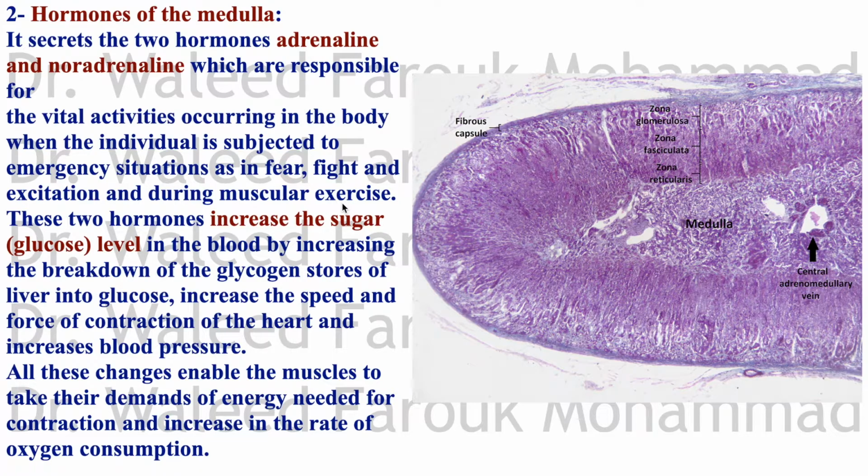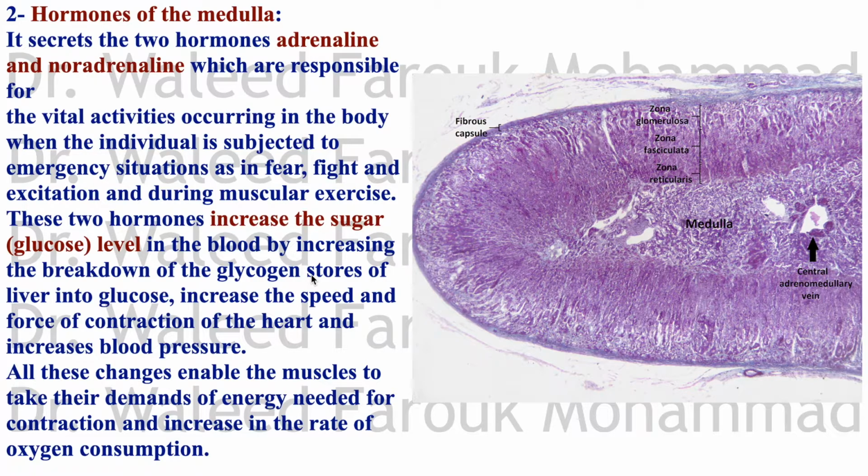This is where adrenaline and noradrenaline exert their function. Also, these two hormones increase the sugar level in the blood. So this is another hormone that increases blood sugar, like cortisone. But how? It increases it by increasing breakdown of glycogen stores in the liver into glucose. هنا الكبد، الادرينالين بيخلي الكبد يكسر مخازن الجلايكوجين بتاعته، والجلايكوجين ده نشا لما تكسره هيديك جلوكوز. يبقى it increases breakdown of glycogen stores of the liver into glucose,